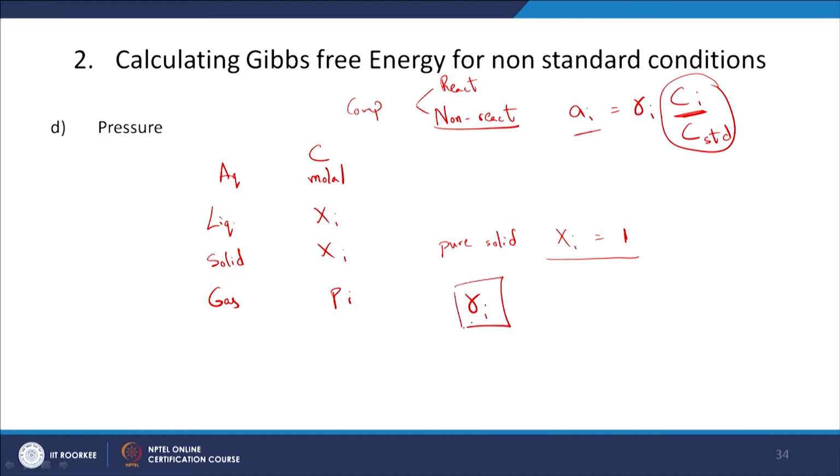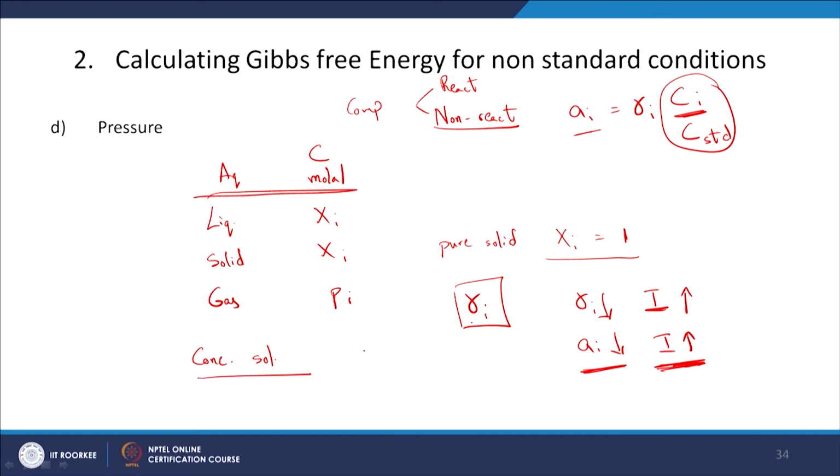Then we looked at various empirical equations to calculate gamma i, and we saw that it is inversely related to the ionic strength. As we increase the ionic strength, gamma i decreases, and that in effect means the activity of your compound decreases as the ionic strength increases. What does this mean? When you have more non-reactants present, the ability of your compound to react decreases. So, if we look at this in the aqueous phase, what does this mean? When you have concentrated solutions, which are non-dilute,